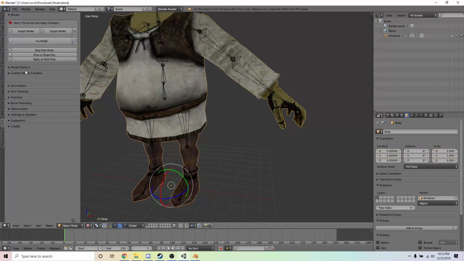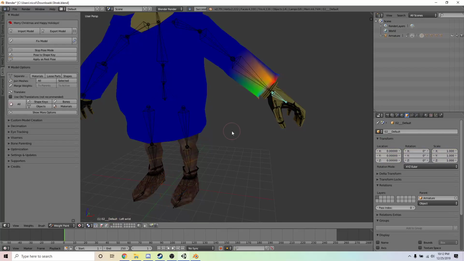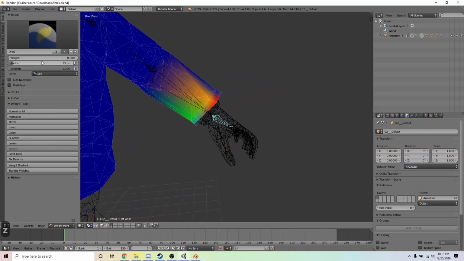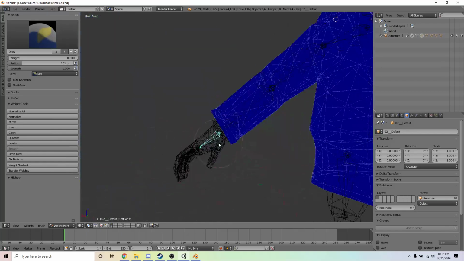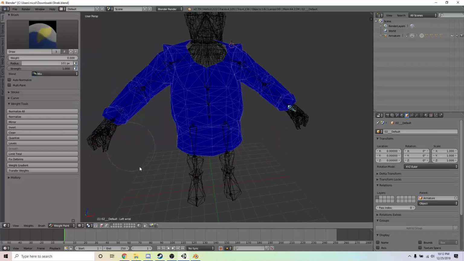So we're going to separate by materials. Go to pose mode, click on the wrist, click on the mesh, weight paint, and we're just going to... We don't want to move it at all. Let's see what happens when we don't move it at all. Okay. And let's do the same thing